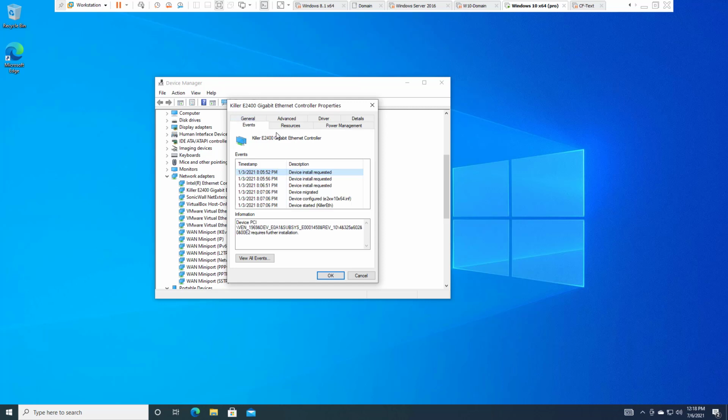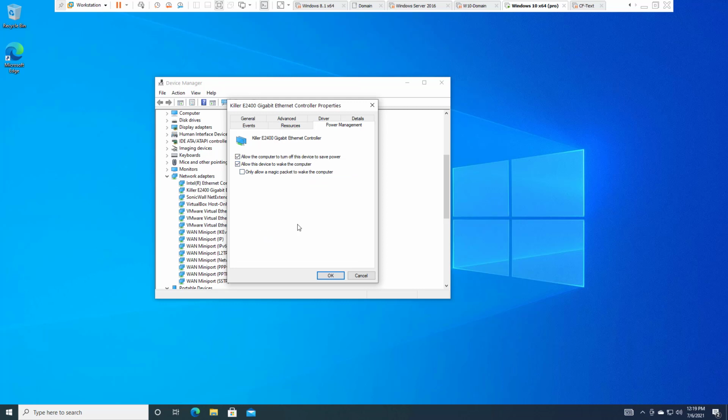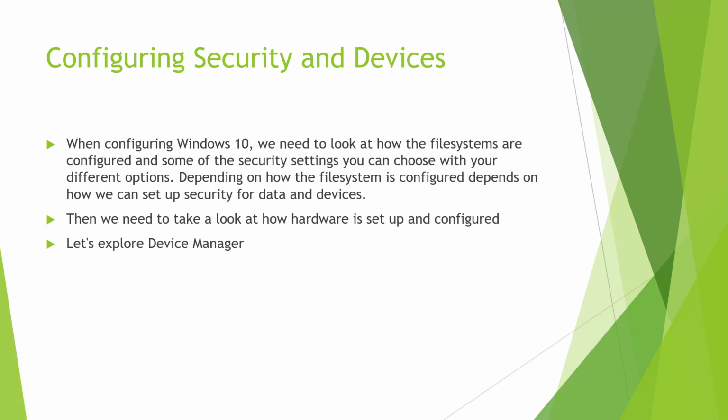We typically also have our devices, our events, our resources. Resources are going to be the physical hardware resources that we utilize. And again, we have our power management. Alright, so that covers our entry-level discussion on